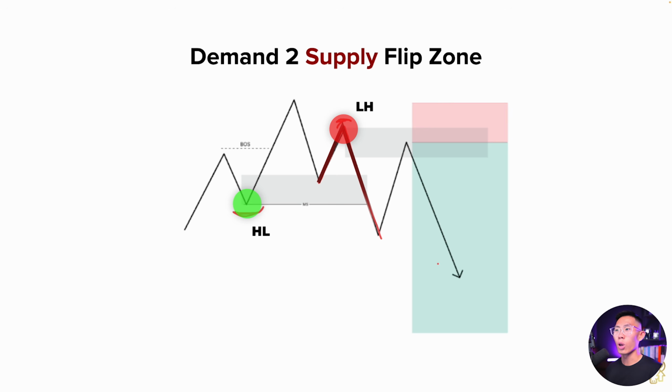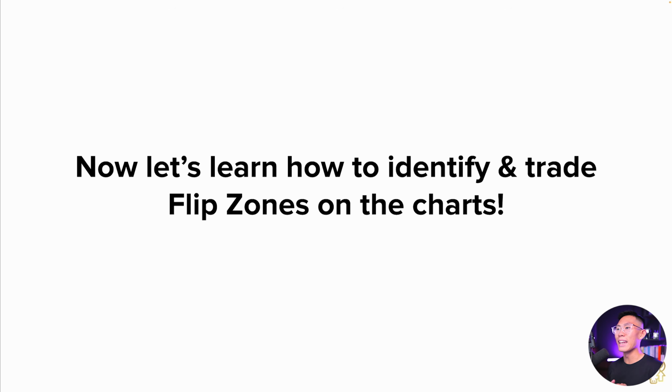Now, where do we sell? We sell at the place that actually created the failed reaction, which is this area right here. So this area will be your demand to supply flip zone, because price has flipped from demand to supply right here. And that is when you can look for an entry and once again collect cash or credit or whatever you want to collect. Now let's go on to the charts